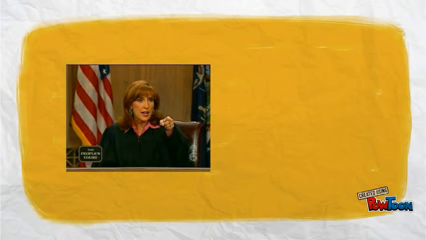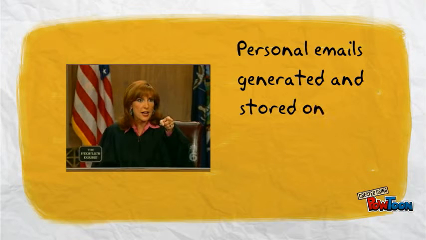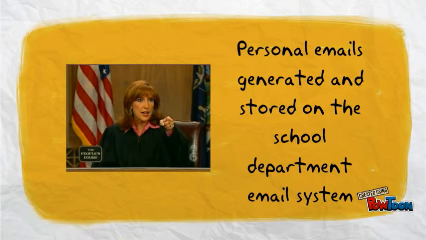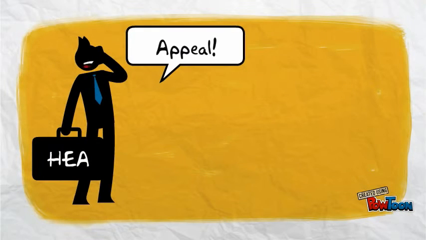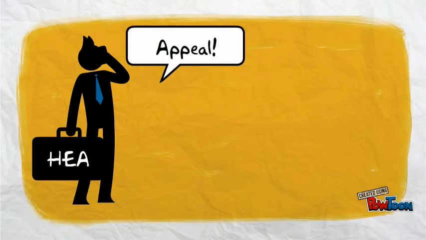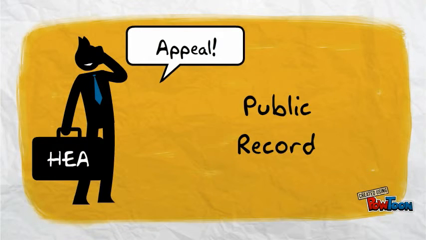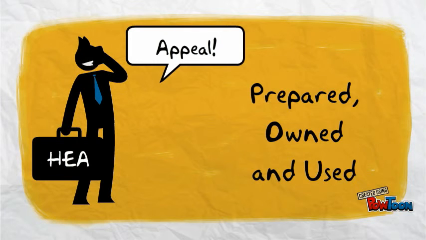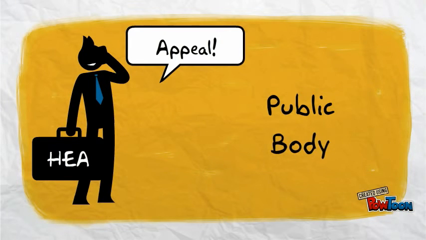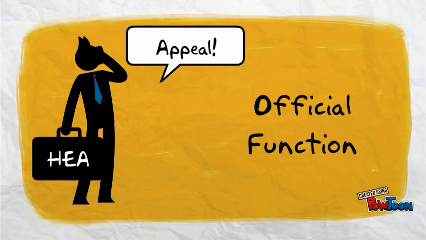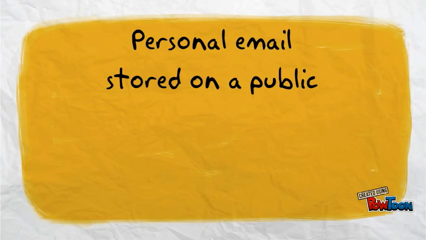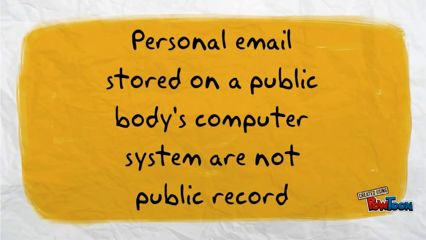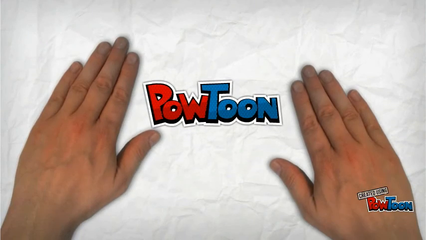First, a trial court held that personal emails generated and stored on the school department email system are public record under FOIA. After an appeal to the State of Michigan Court of Appeals, it was held that a public record is a writing prepared, owned, and used by a public body in performance of an official function. And since emails were union related, they did not fall into the category of official function. Therefore, personal emails stored on a public body